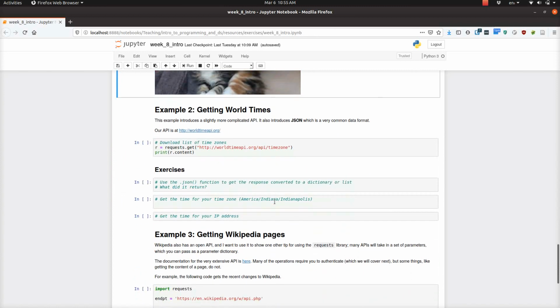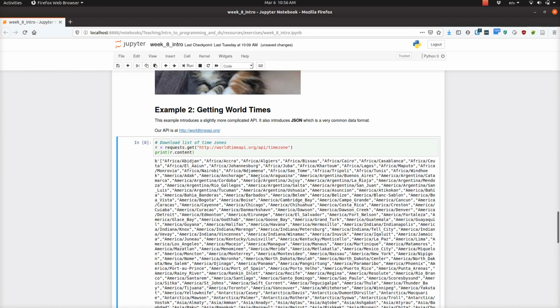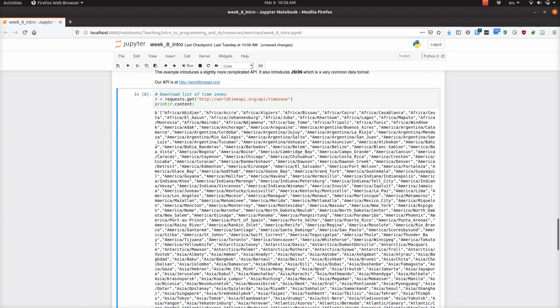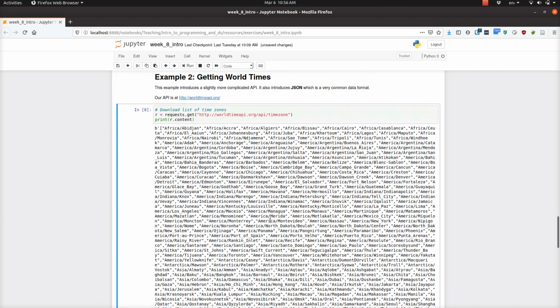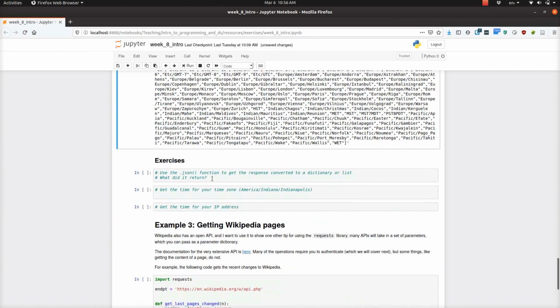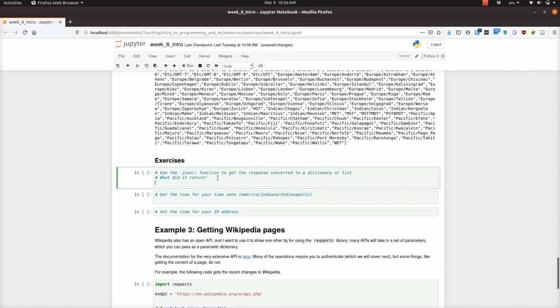The second one, excuse me, is getting times from the World Time API. Again, I started you off with some example code that just should make sure that it's working. So r.content gives us this big list of possible locations. So not super helpful, but the first exercise just shows us that we can also see